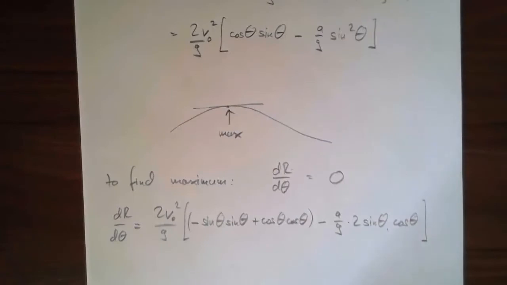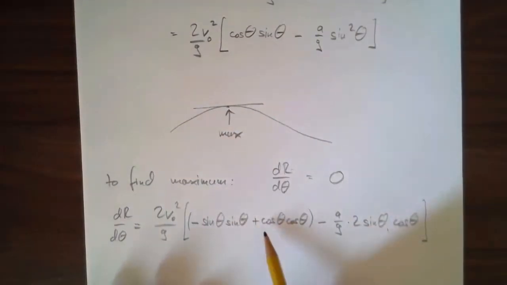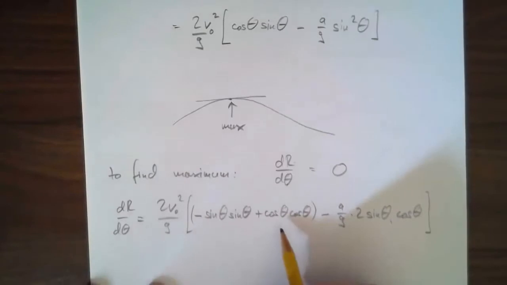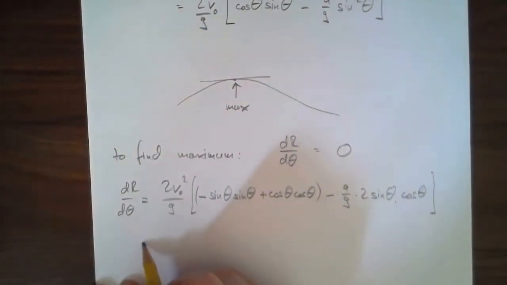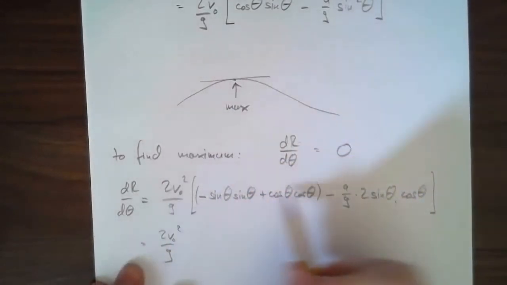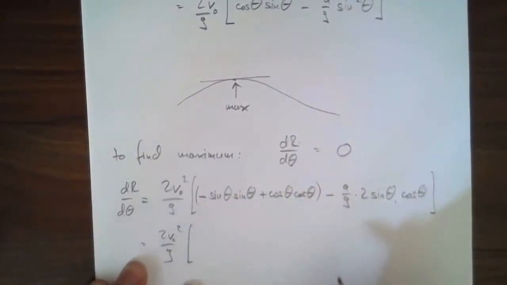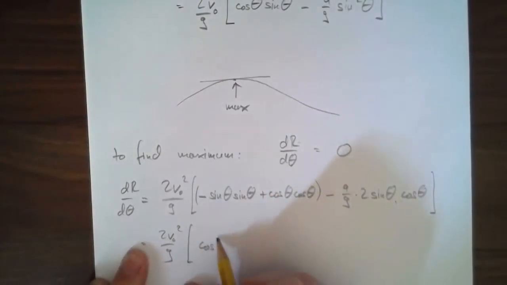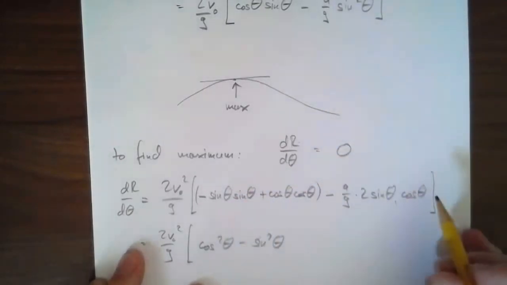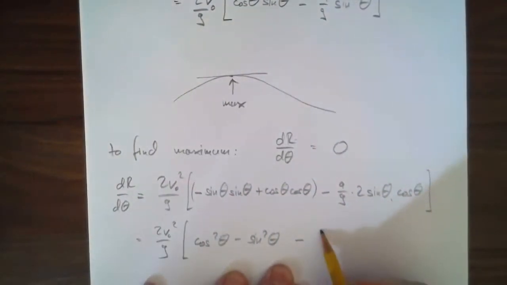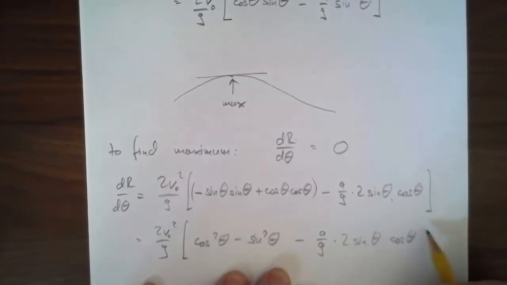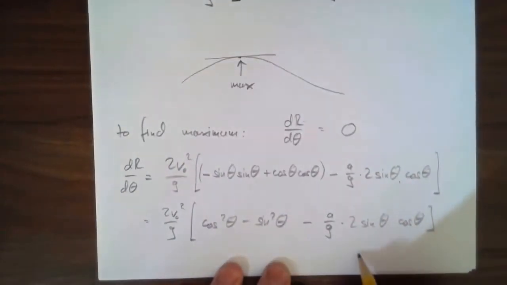Let's see if we can simplify this a little bit. So this one is cosine squared minus sine squared. All right, so let me write this down. So 2v naught squared over g. Now this thing here, actually we don't really care about it because we're going to set the whole thing equal to 0. We'll do it in a second. So I've got cosine squared theta minus sine squared theta. That's from this term here. And then minus a over g times 2 sine theta cosine theta, and that whole thing